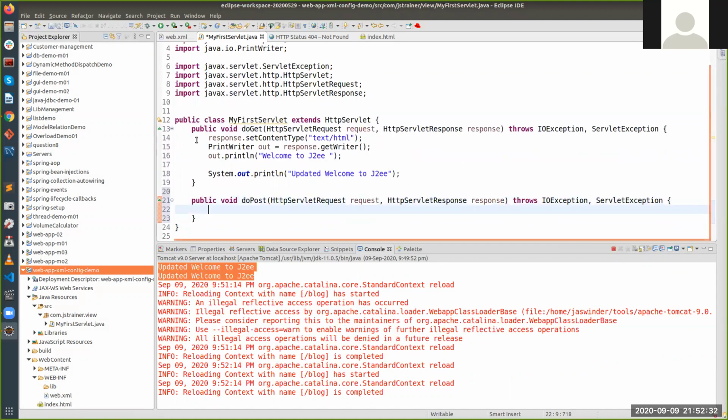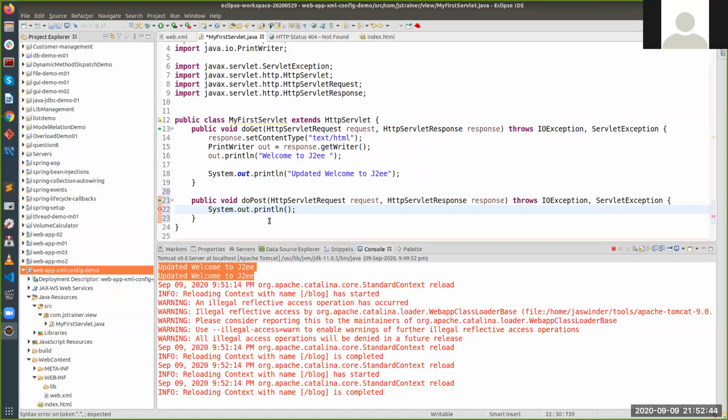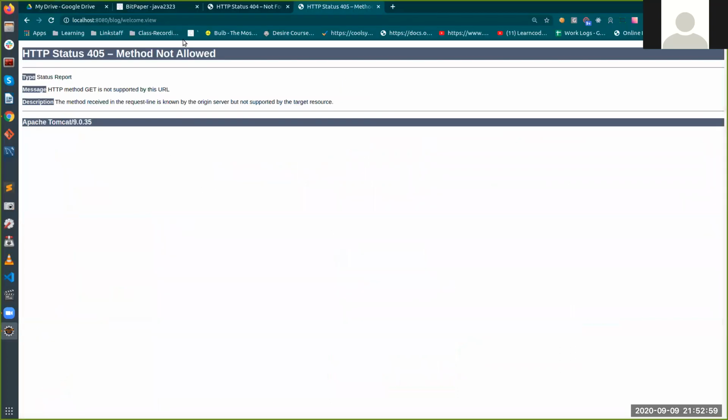Now here I can write some message, System.out.println, "post request runs", right? Post will be accepting data from the client. So when should I call this post? I cannot call the post from my URL, right? I cannot call it from here.